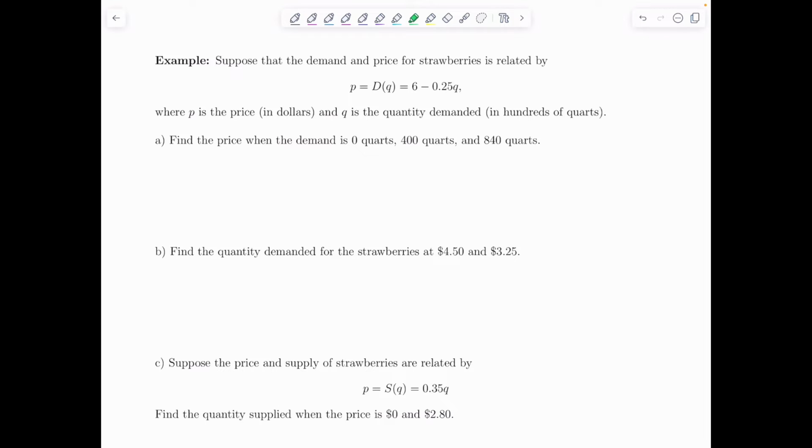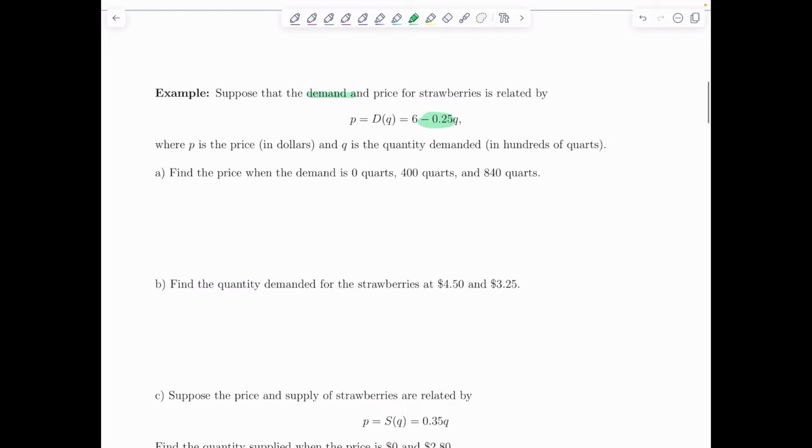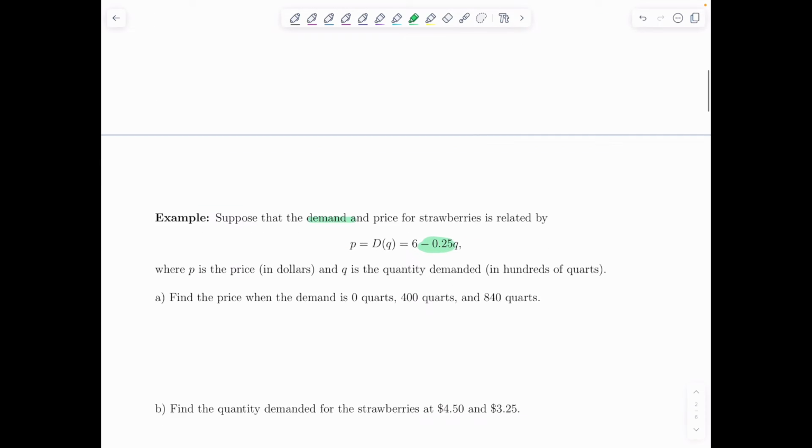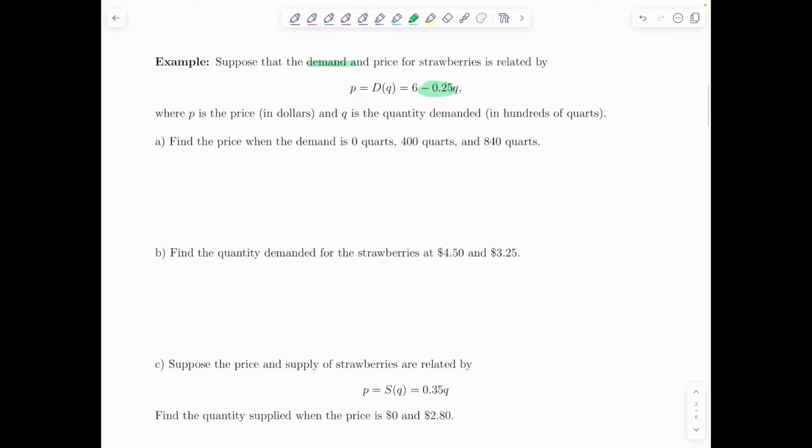So price is given by this demand equation, which is a function of Q. Q is the quantity, and it's equal to 6 minus 0.25 times Q. You should know that this is a demand equation anyways because of the minus sign in front of Q. So the slope is negative. And we just looked earlier that demand tells us that as price increases, demand decreases. So it would have a negative slope. Okay, anyways. So P is price in dollars, and then Q is quantity demanded, and Q is in hundreds of